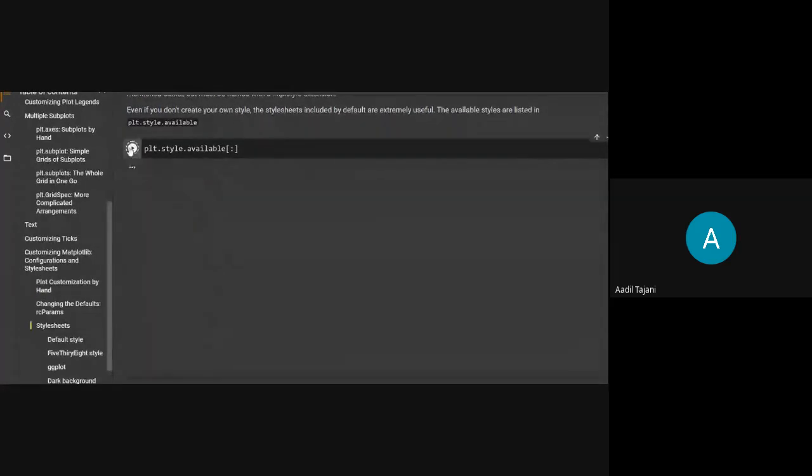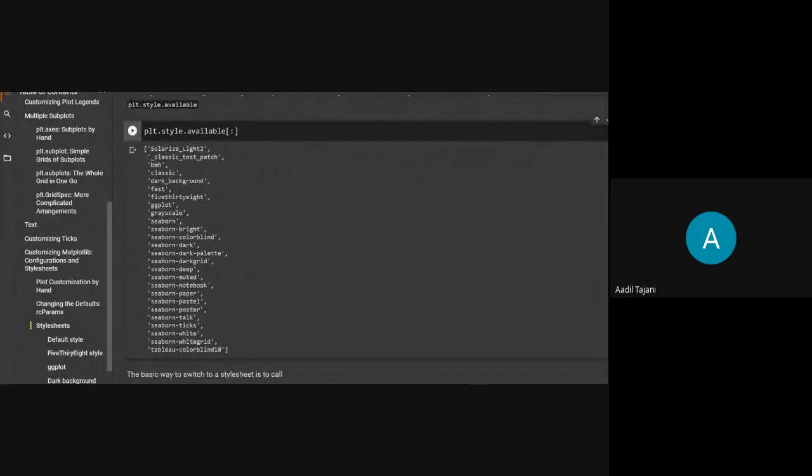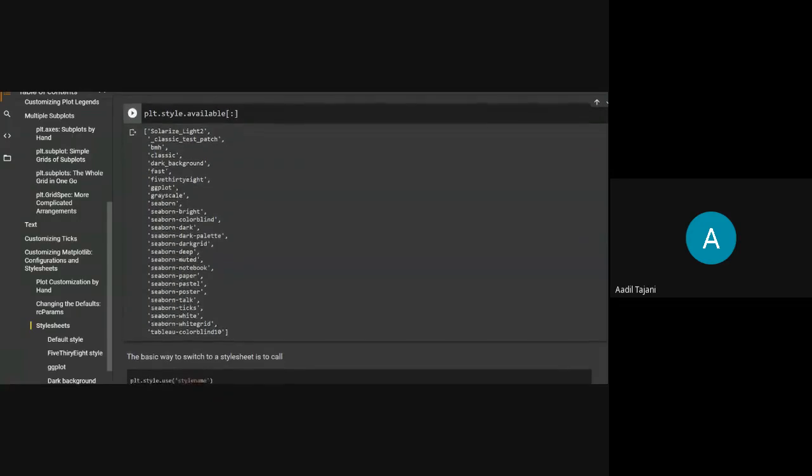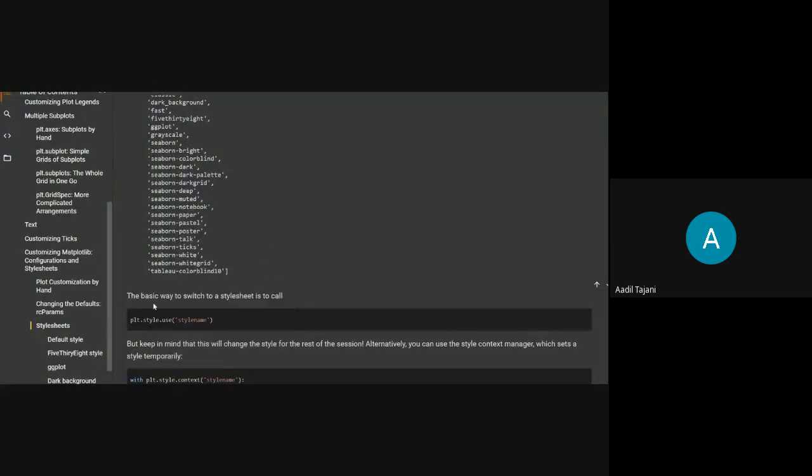If you run plt.style.available, it will show these many other styles that are already available. Tableau, Seaborn, ggplot, these are different libraries also used for plotting aside from Matplotlib, and you can also import their styles in Matplotlib to use whichever you want. These are the styles available, and let's see how to use them.